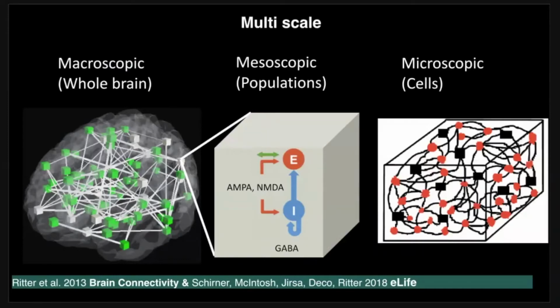The Virtual Brain offers several kinds of population models. Currently, we have 15 different population models that can be selected depending on the research question that you are going to address. These population models then interact through this anatomical skeleton and generate activity, local field potentials, and firing rates, and then via forward models that are also part of the Virtual Brain package, we can compute MEG, EEG, and fMRI signals.